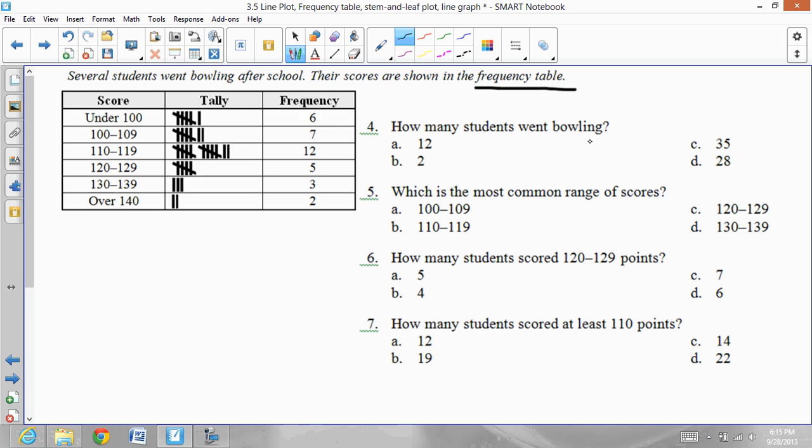So how many students went bowling? So these are all the number of students. So let's add them together. So you're going to basically add 6 plus 7 plus 12 plus 5 plus 3 plus 2, and you are going to get